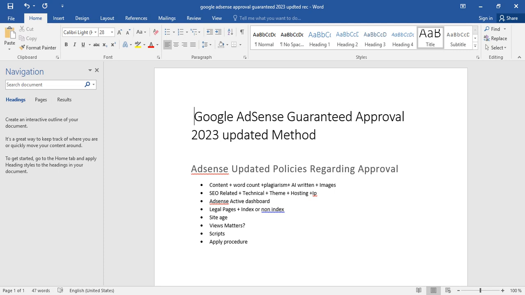About AI writing, as I mentioned, if you are depending specifically on AI content, then Google won't give you approval, because Google can recognize the typical way artificial intelligence tools like ChatGPT and Bard write. Google has cracked their algorithm, and now knows how they write content and the sequence of the writing.